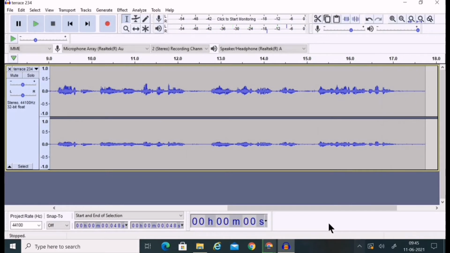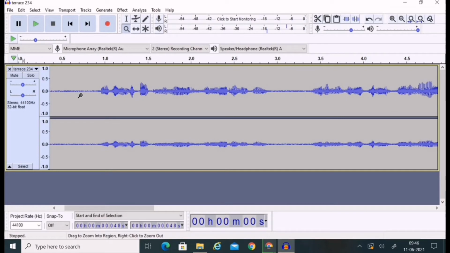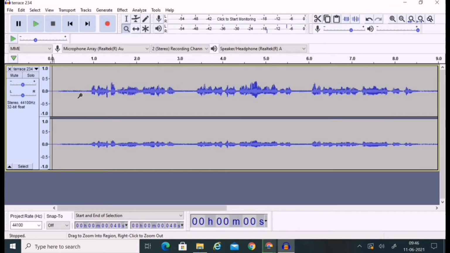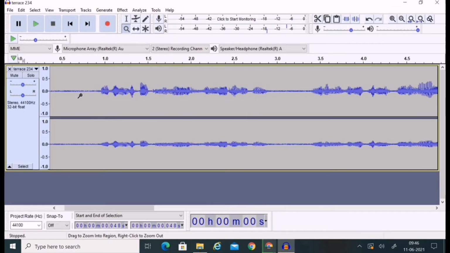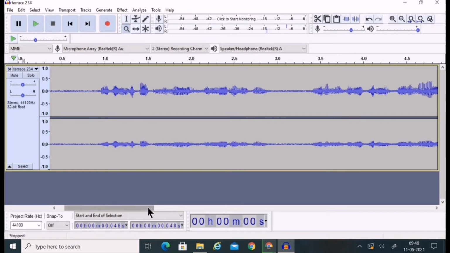What we have to do is, see here there is a button. This is the selection tool, or else you can press F1, but I recommend going with these tools directly rather than keyboard shortcuts. So there is a zoom tool. First you have to click on that zoom tool. So click on this audio file. Just a normal click. If you right click, then it will zoom out. If you left click or normal click, it will zoom in. So according to your audio, you have to zoom in or zoom out.